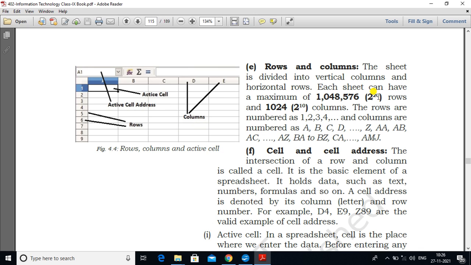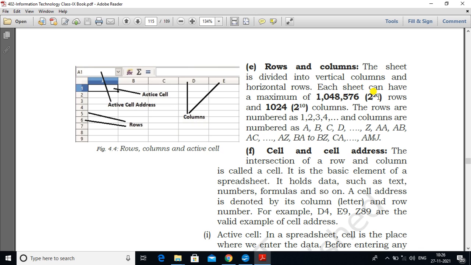So all rows are numbered as 1, 2, 3, 4, 5, 6, 7, 8, like that. That is called the row heading. And all columns are numbered as A, B, C, D, like that. After Z is completed, it continues as AA, AB, AC, up to AZ.